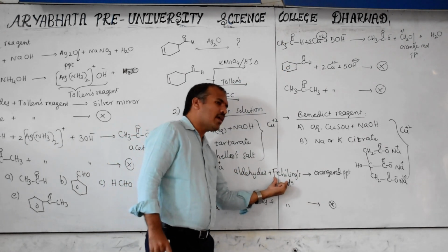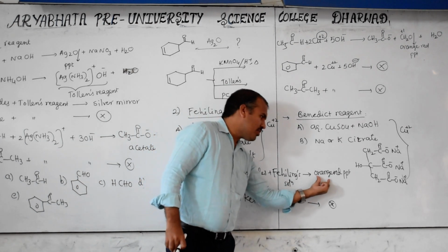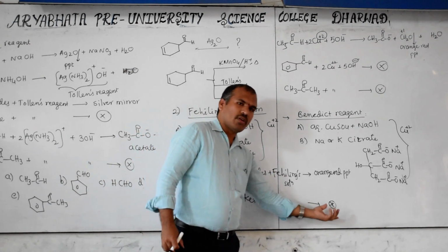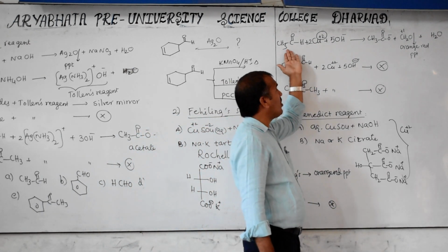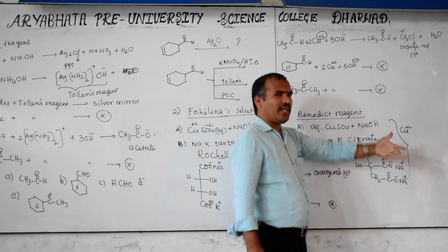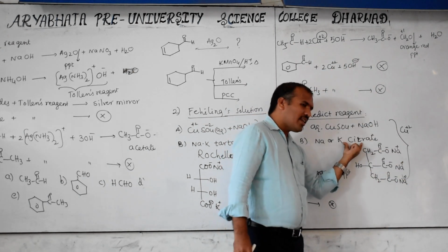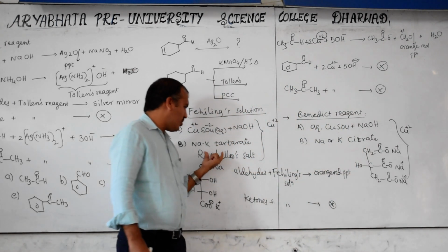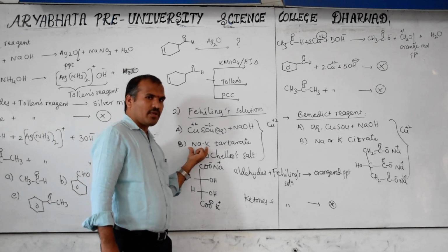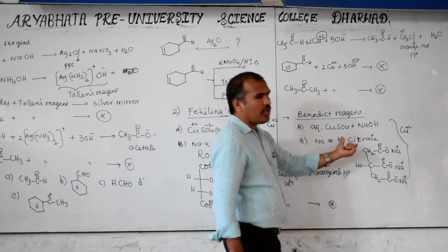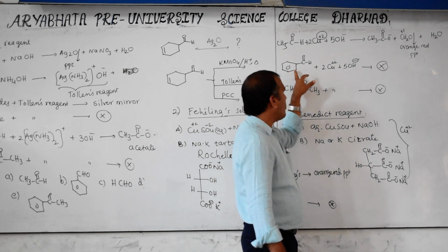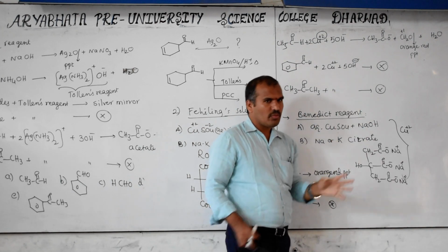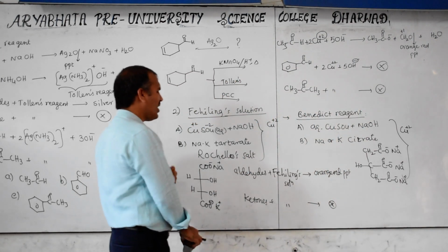But aldehyde, with Benedict reagent, what precipitate appears? Orange precipitate, same. Ketone does not react with the reagent. Same thing here with acetaldehyde, Cu plus 2, OH minus. The only extra part is the citrate ions, and whatever function sodium potassium tartrate does, the same function is done by sodium or potassium citrate. Aromatic aldehyde does not react with the Benedict reagent, and ketone also does not react. Both are the same.